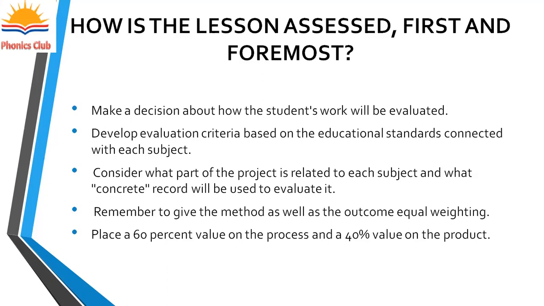Place a 60% value on the process and 40% value on the product. ये आपने रखना है कि 60% की वैल्यू जो आपकी होगी वो प्रोसेस पे होगी और 40% की जो वैल्यू होगी वो प्रोडक्ट पे होगी. यानी आप बच्चे को देखेंगे किसने कितना क्रिटिकली किया है, कितना क्रिएटिवली किया है, किसका कितना ज्यादा कोलैबोरेटिव रहा है, तो वो 60% होगा और बाकी रेस्ट प्रोजेक्ट आपका जो होगा वो 40% होगा. We are going to start with the